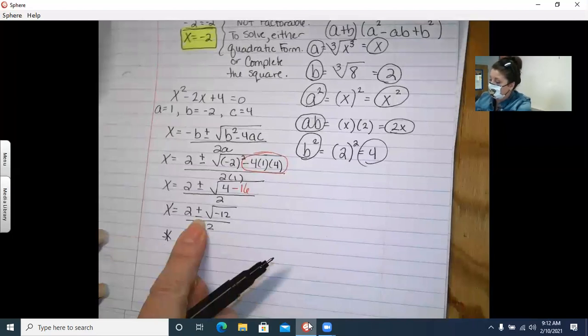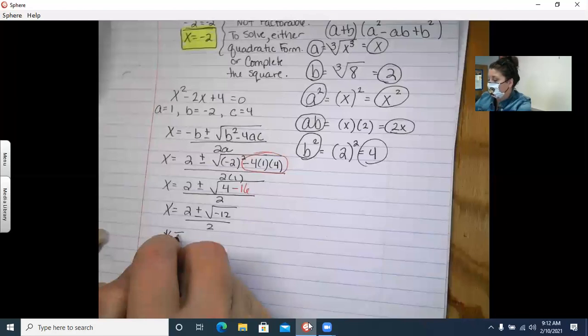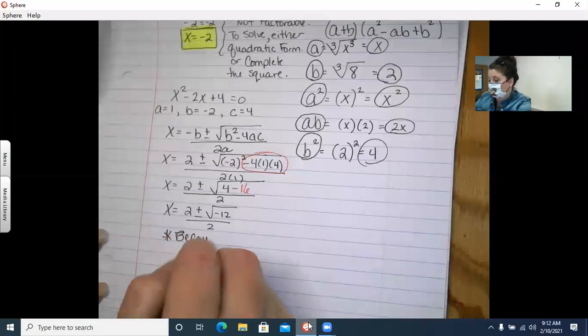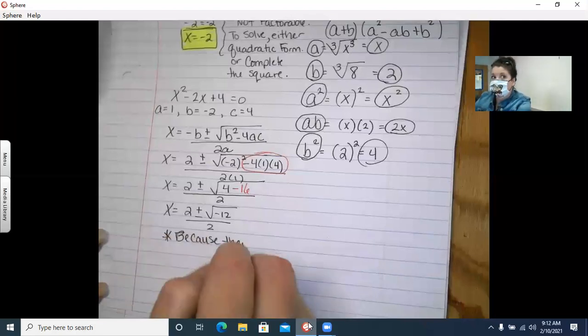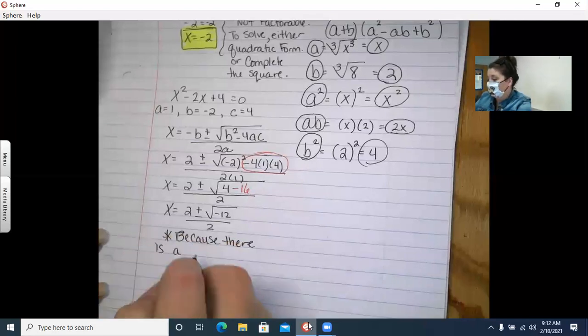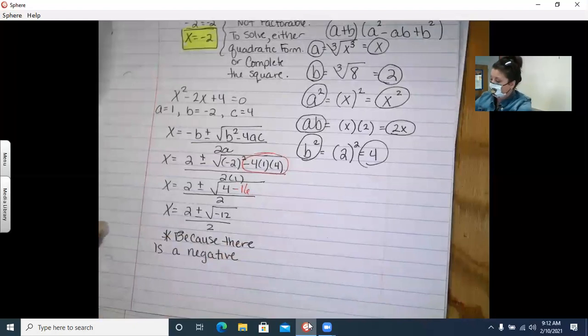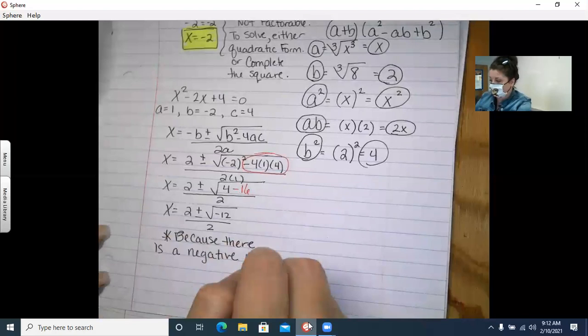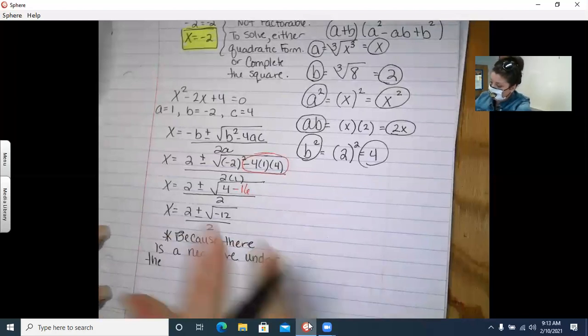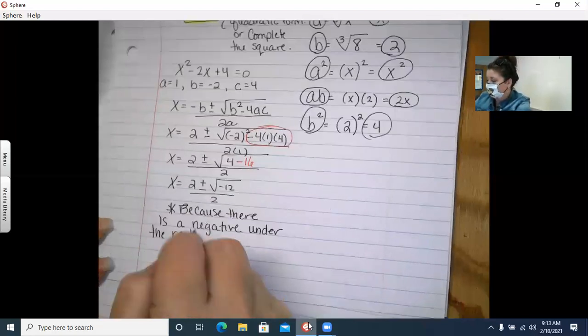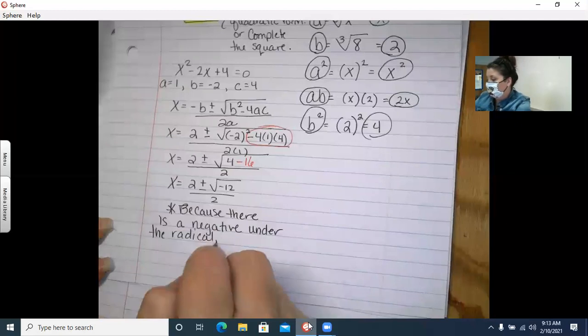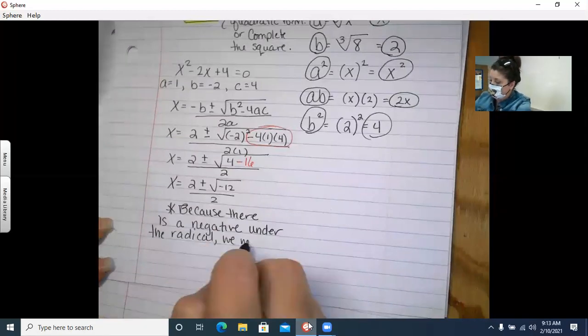So, because there is a negative under the radical, we will get 2